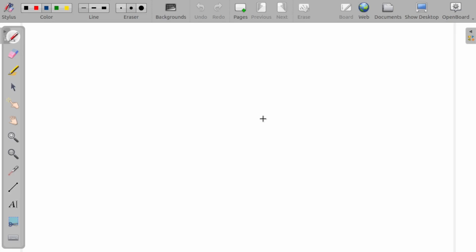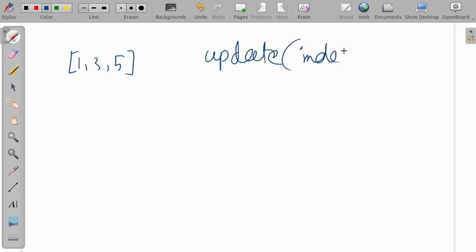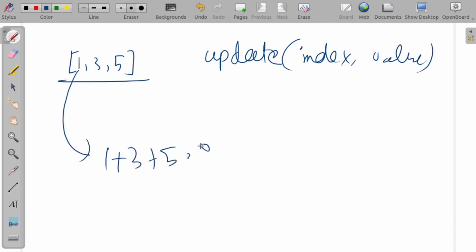Yeah, I just added it. So basically, suppose 1 3 5 has been given. Suppose there is an update call, and the update function takes an index and a value. First I will take the sum of all elements, 1 plus 3 plus 5, that is 9. After that, when the update function is called, what I'll try to do is